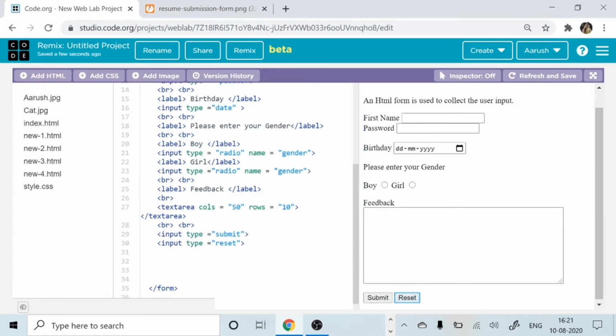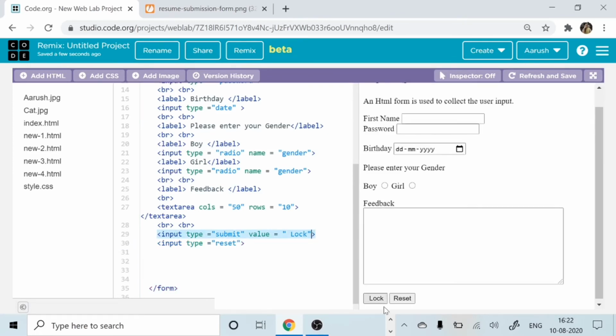Now the same thing happens over here. If I have to give some other values to it, I don't want to put submit and reset. I want to put cancel and something else. So what will I do? I am going to give some value like an attribute, same way. So you will go here, put value and equal to sign, and then double quotes, maybe you will say lock.